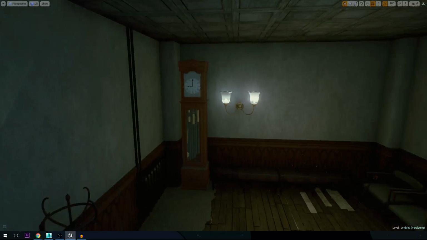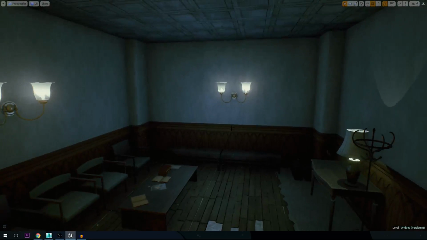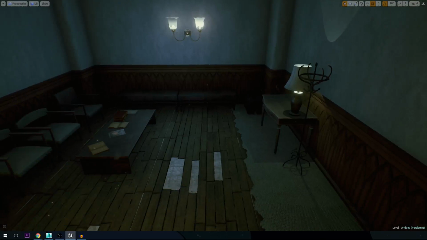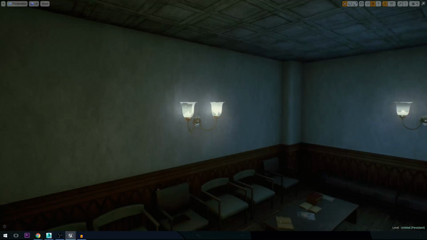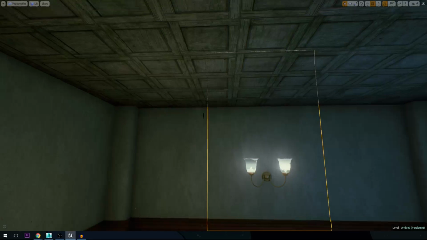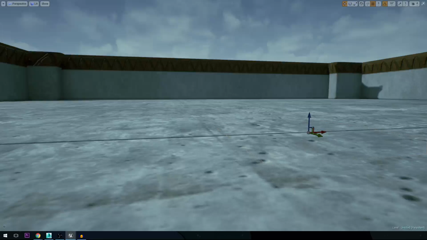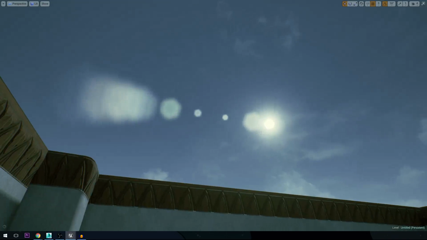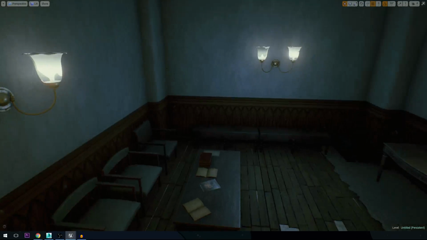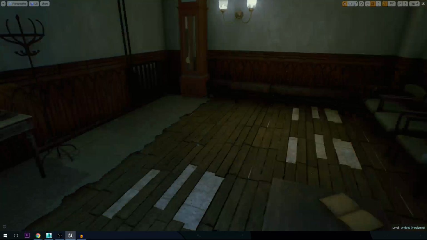Okay, so that's a really quick level, just blocked out. There's a couple of problems with it that I'm not too happy with, but I guess I got a little bit carried away. But this is just a really quick example of modular building, where you just take the pieces that you've made and snap them together. I decided to lower the roof a bit because I thought it was actually quite a tall wall. But this is just a really basic waiting room with some assets that I had lying around